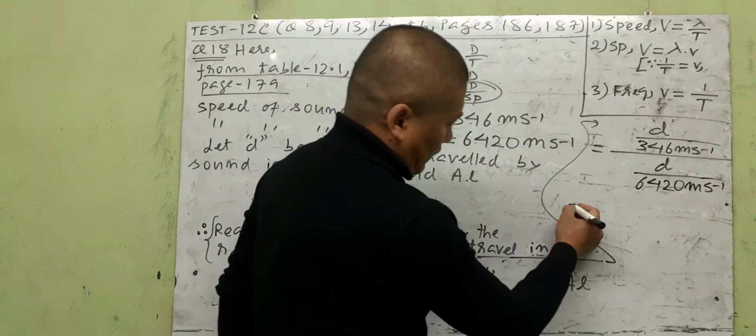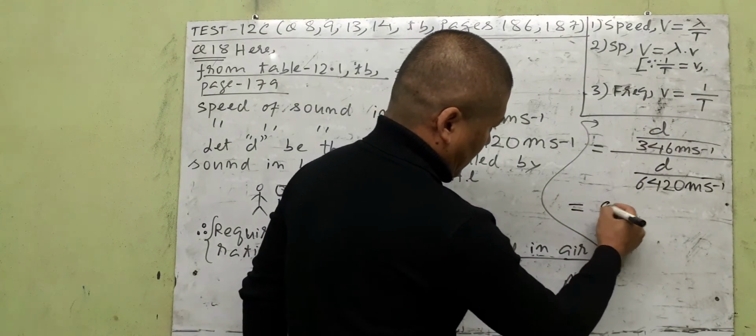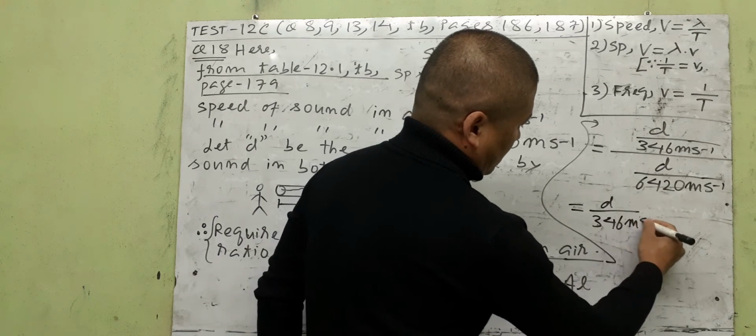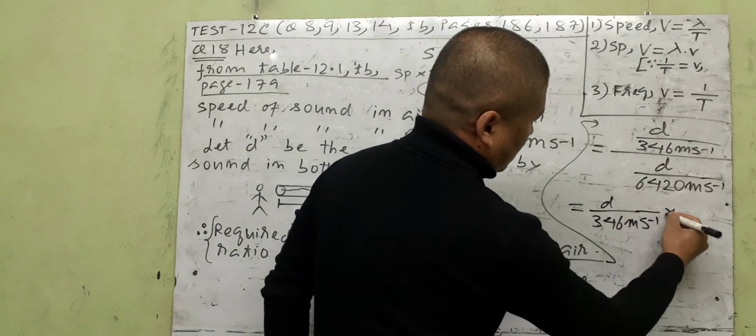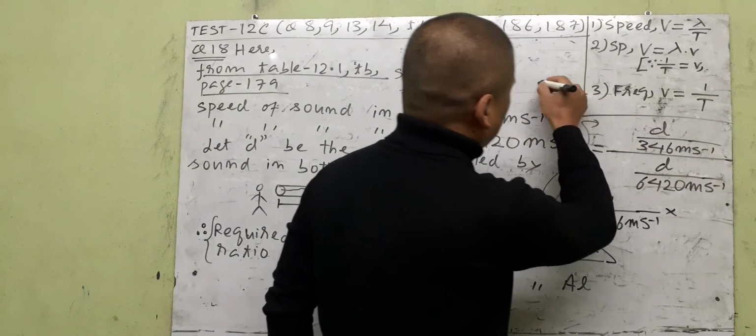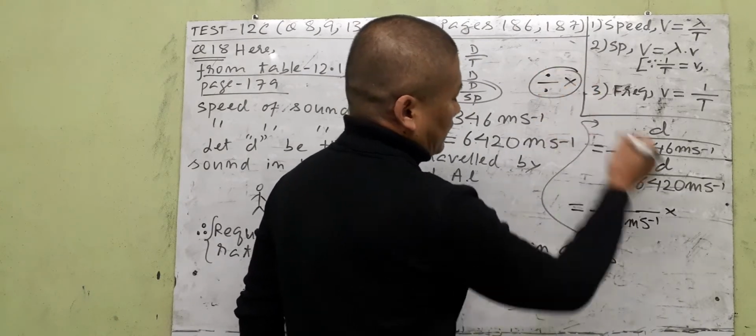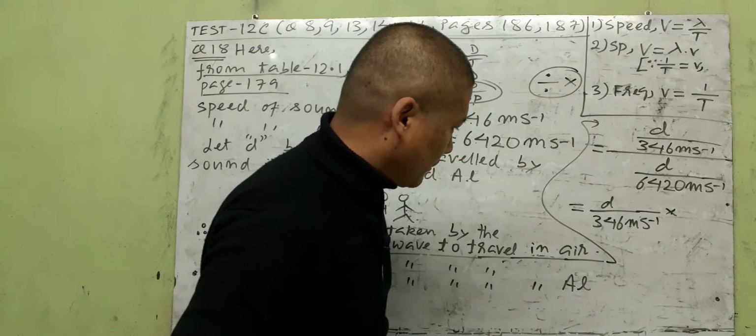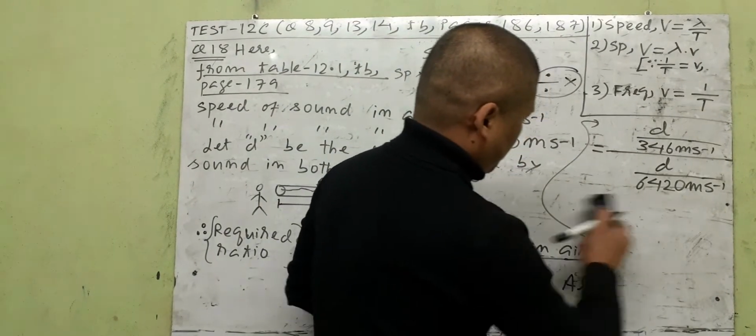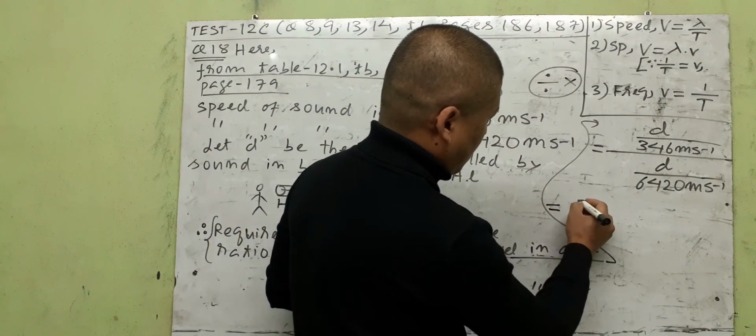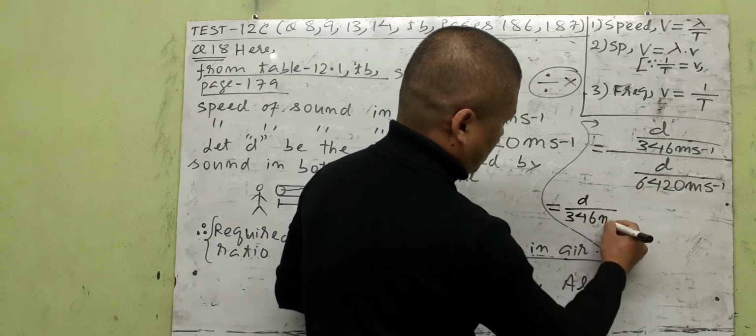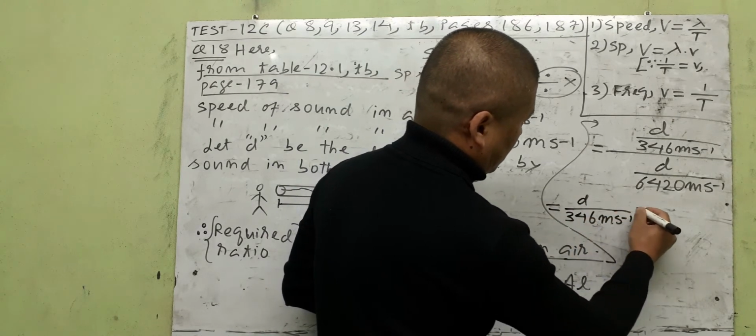So it's a matter of just calculating carefully. Write this one down: d by 346 meter per second. Then if we change this long line, which is divided by, into a multiplication sign like this, then the denominator will go up. We create some space here on the right side. d by 346 meter per second, into then